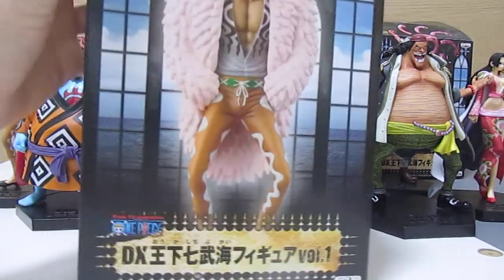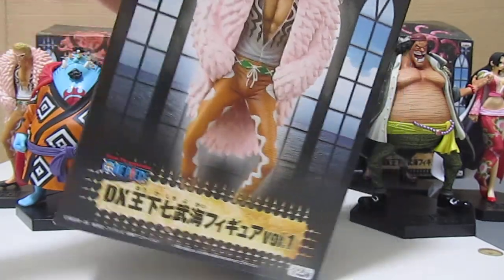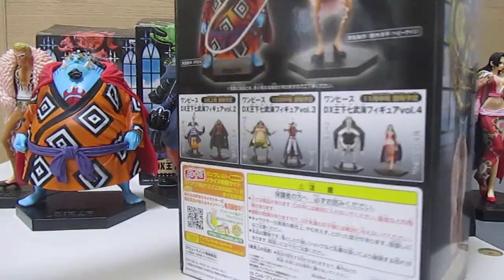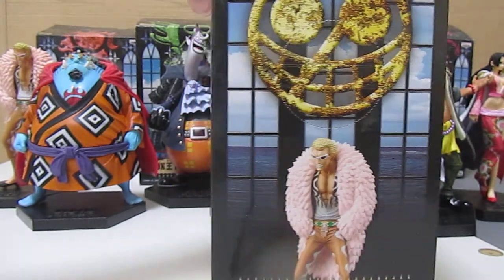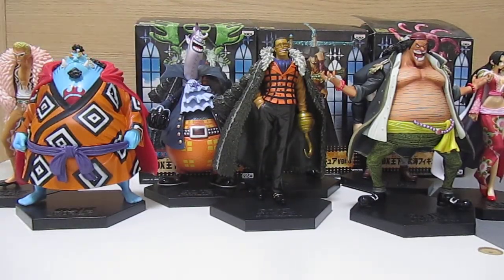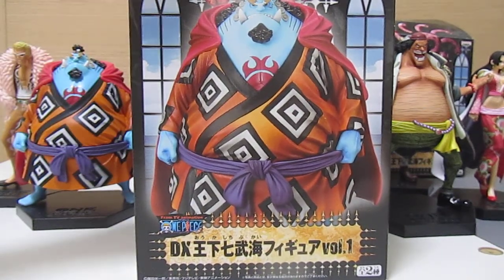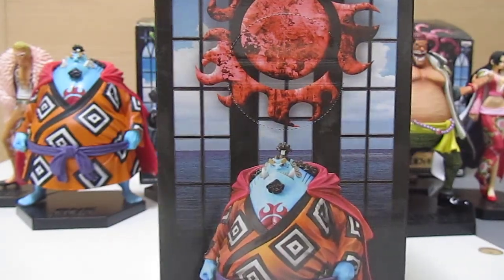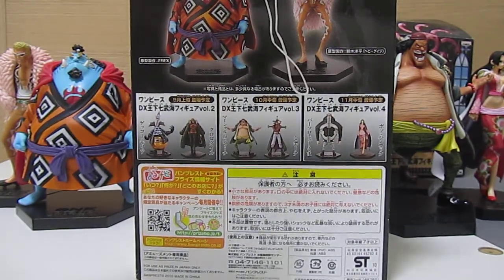So yeah, as I said at the start of the video, what makes this set special, you can't really see it all. I mean, they're pretty much the same actually, so I'll just do this very quickly. This is actually, I believe, the most expensive figure or listing on our site, on our store. So what makes it so expensive? Well, there's 8 figures, so there's a lot here. So that's one reason that drives the price up. Secondly,